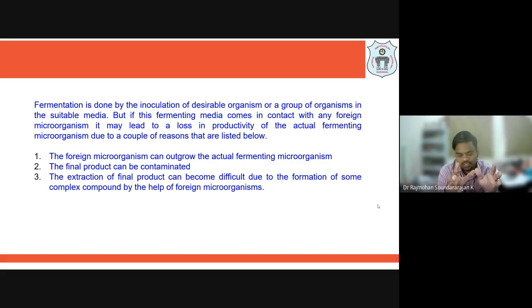So we think that a particular enzyme or microorganism we are taking will form ethanol, but due to the presence of a foreign material, instead of ethanol formation, some other material will be formed. So the percentage purity of the ethanol formed is going to be less, right? So that's what is going to happen if any contamination is there. Contamination is in the sense any foreign microorganism that is present.